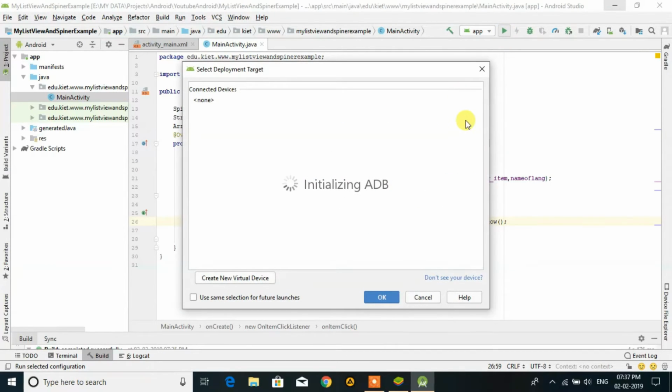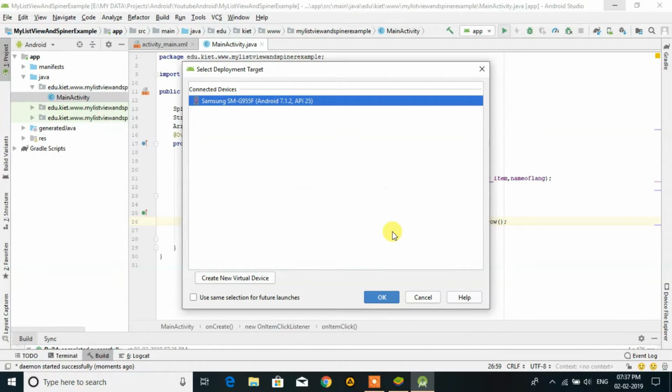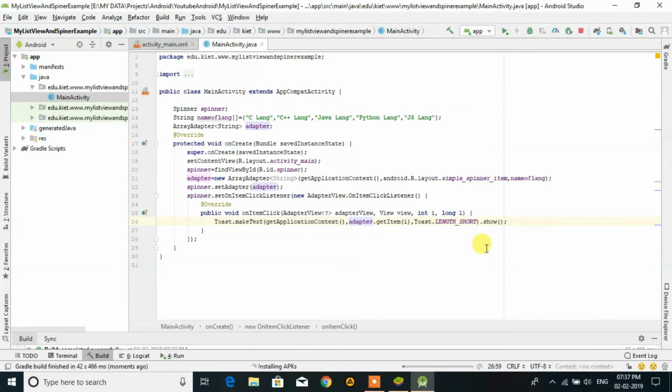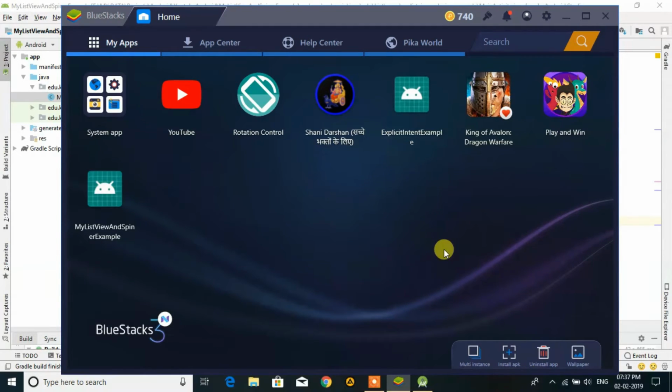It will take a little bit of time. Now it's installing. You see, it will run here.